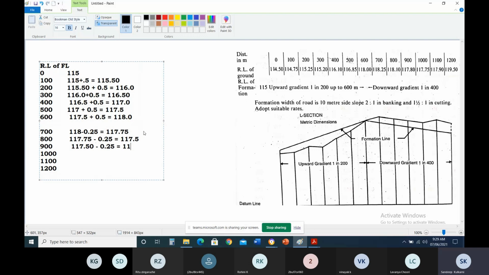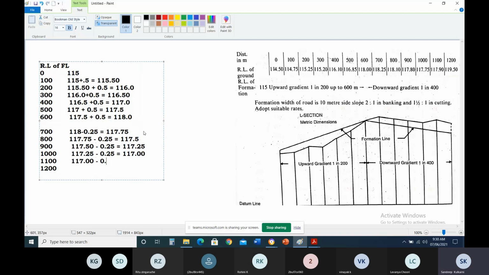Why am I explaining all this? Because you should understand how to calculate the FL values. I could directly explain with the tabular column, but I don't know how many of you exactly know this, so I'm taking some time to explain. Okay. If you are understanding, please let me know so I can directly go to the next one.